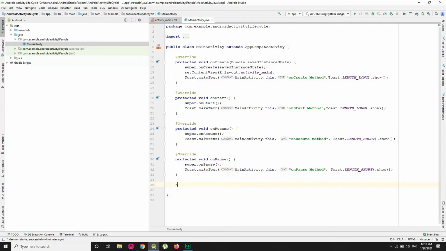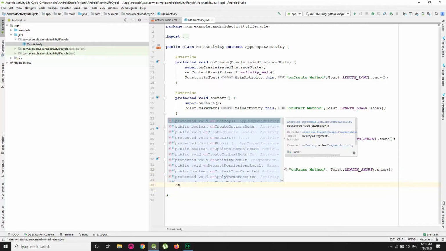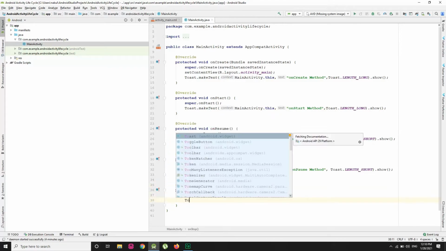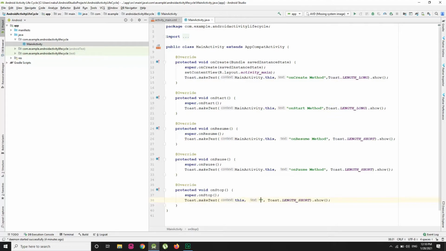Again I'm going to implement the onStop method, and in the onStop method I'm going to print a toast message whenever our system calls the onStop method. So onStop method, and here MainActivity.this.